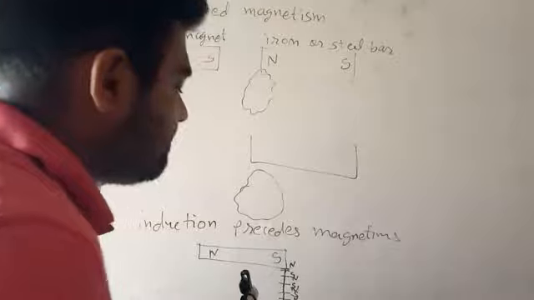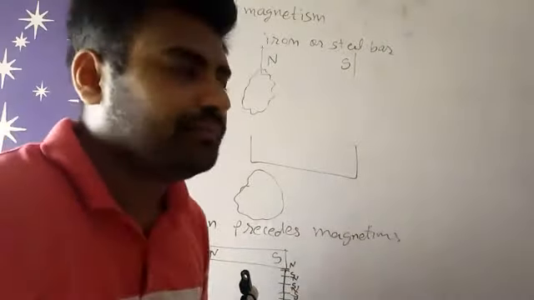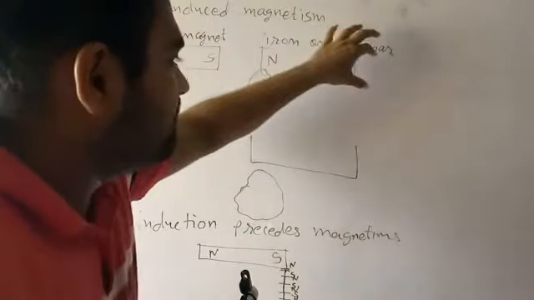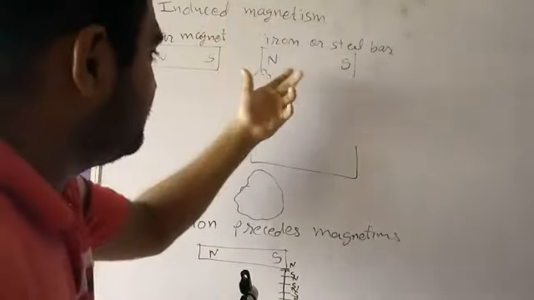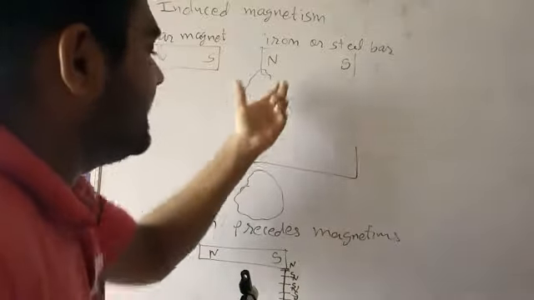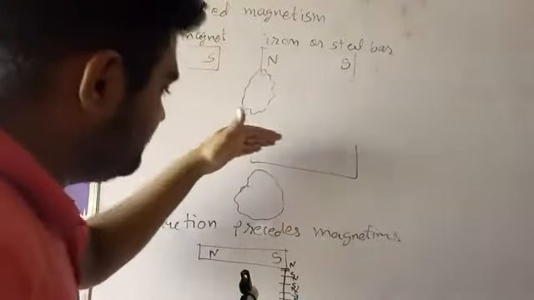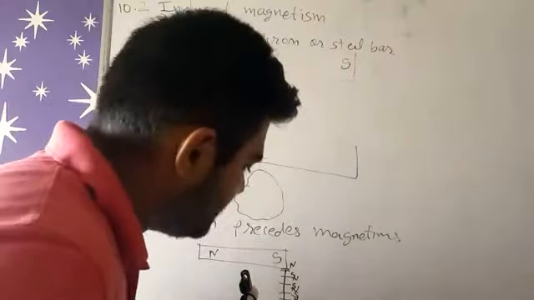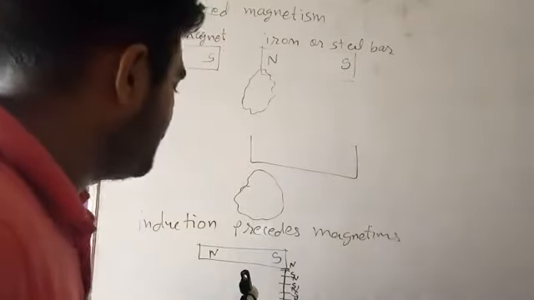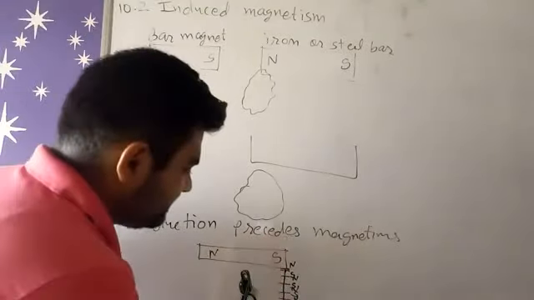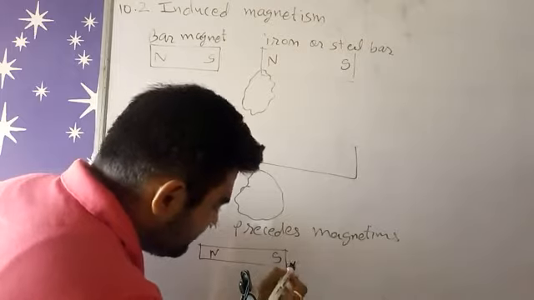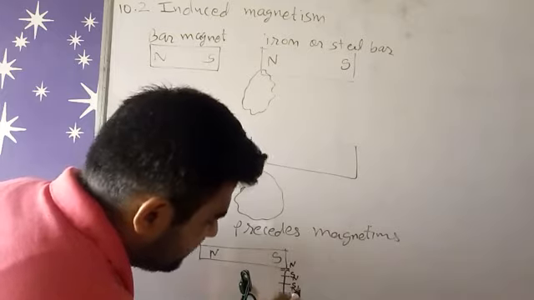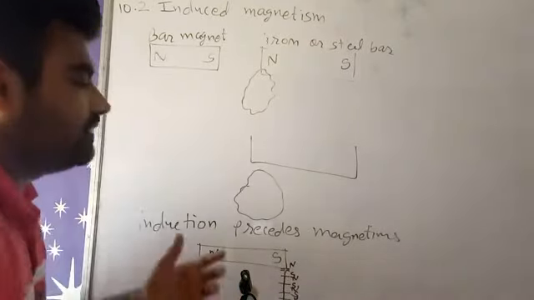When I remove this bar magnet, what happens? All the iron nails fall down. Similar to the previous example, because of this magnet, this iron bar behaves like a magnet. That's why the iron filings are attracted towards it, but when we remove it, they just fall down. Similarly, if I remove this magnet, all the iron nails fall down. So, precedes means this iron nail acquires its magnetism, then this iron nail acquires its magnetism further, and so on.